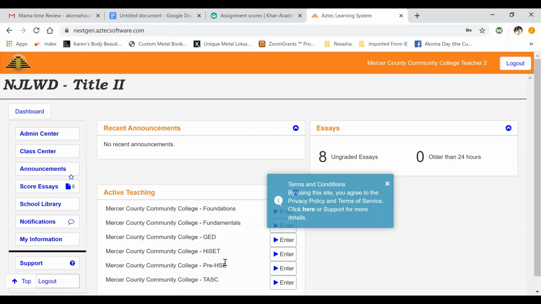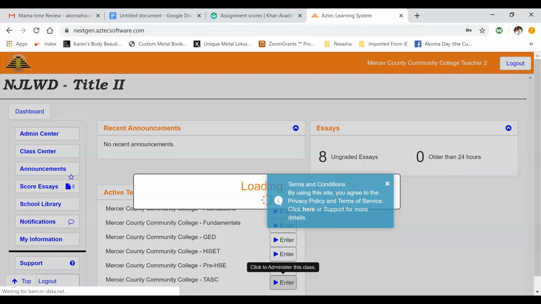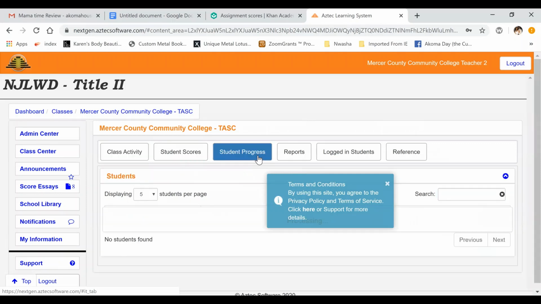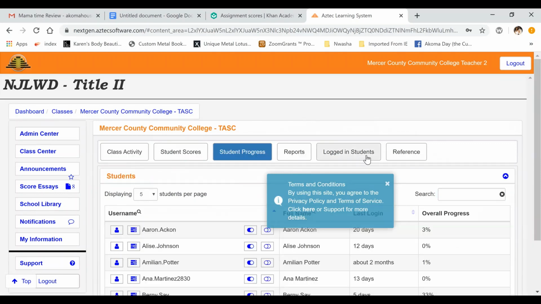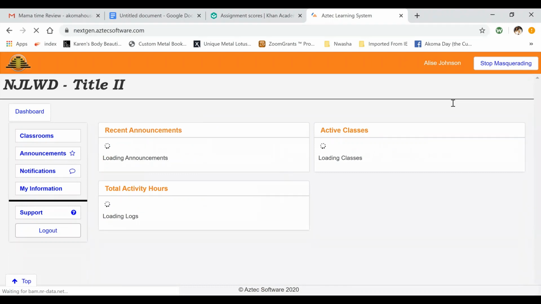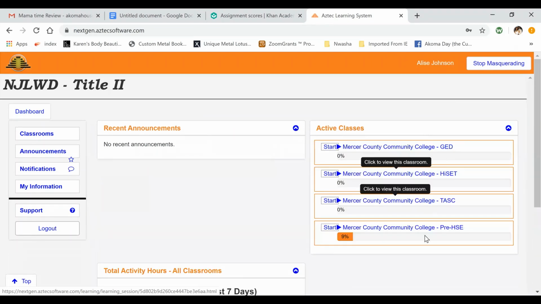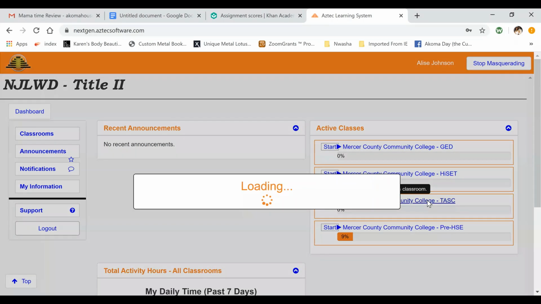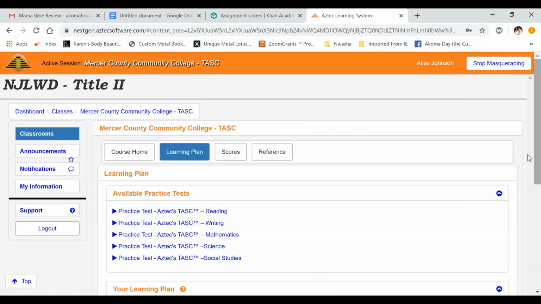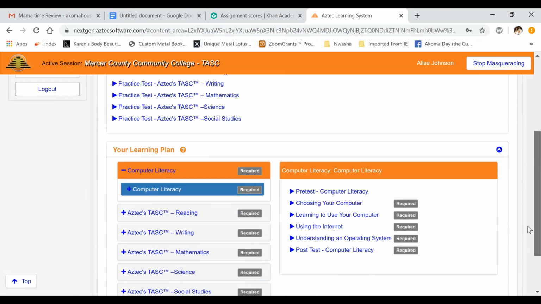Let's see. So if you go into, let me just borrow Elise real quick. So I'm going to go into hers just to show you where it is. So if you have Aztec, you can go into Task, go to your learning plan, come down to Math,